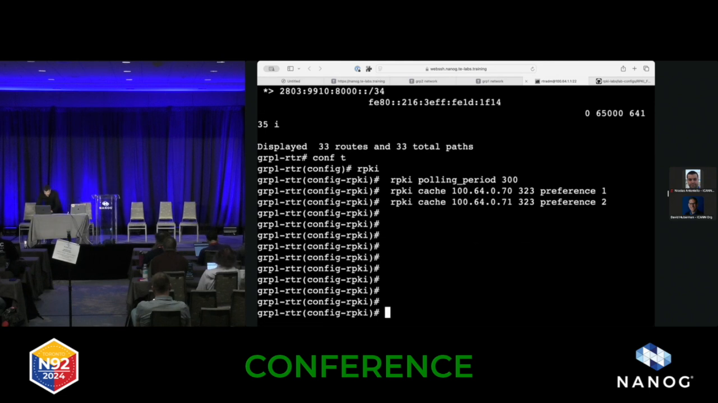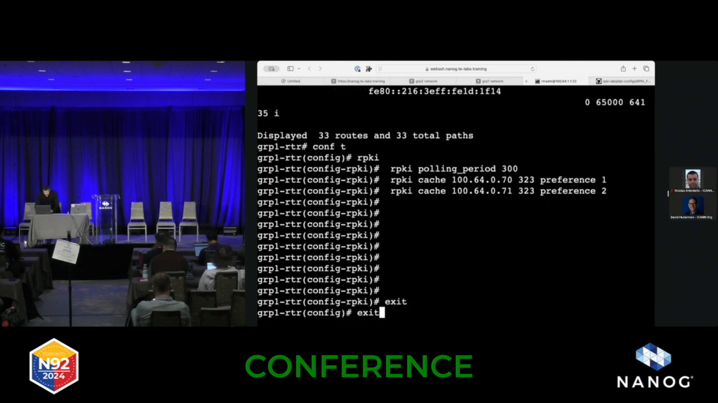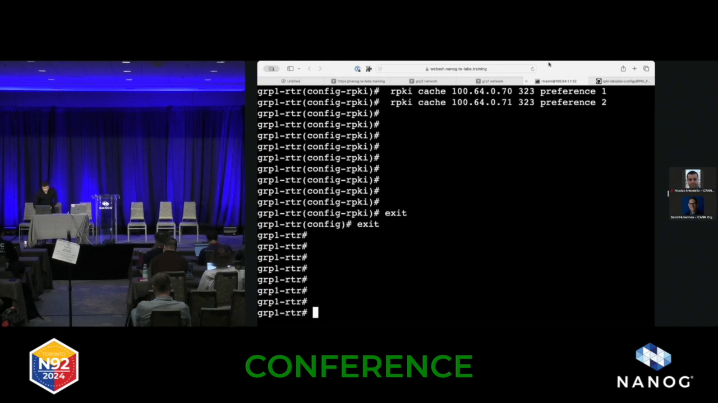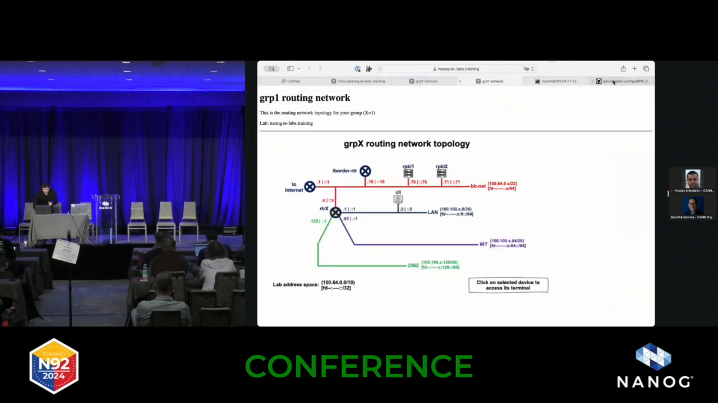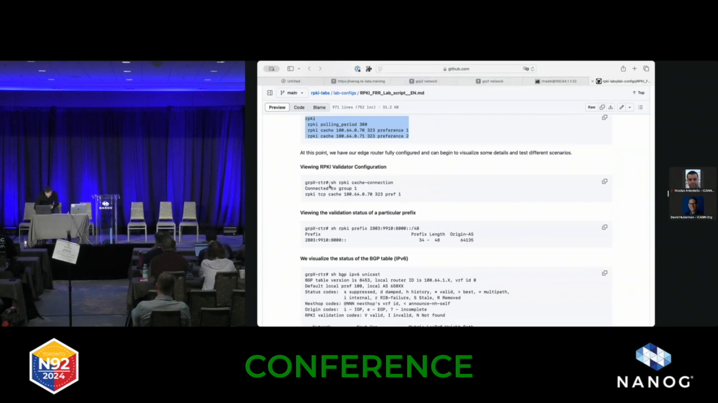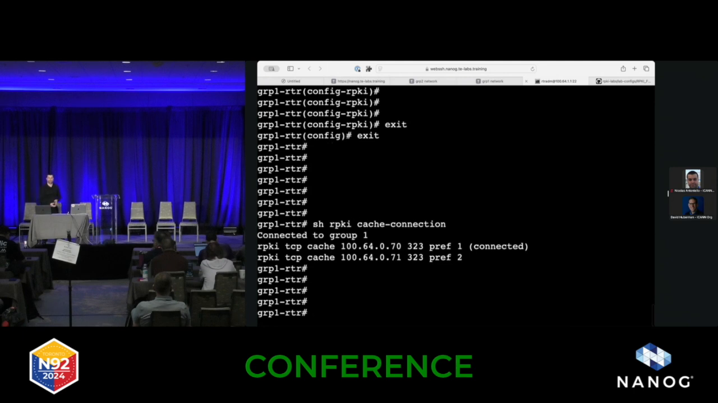Once you've done it, just write exit once, exit twice, and in order to check if the router is correctly connected to the RPKI server, we are going to execute this command, show RPKI cache connection. This is basically telling the router to show you if it is connected to any RPKI validator and a little information about that. If you execute this command and you did everything okay, it should say connected to group 1. This group 1 means the one that has the